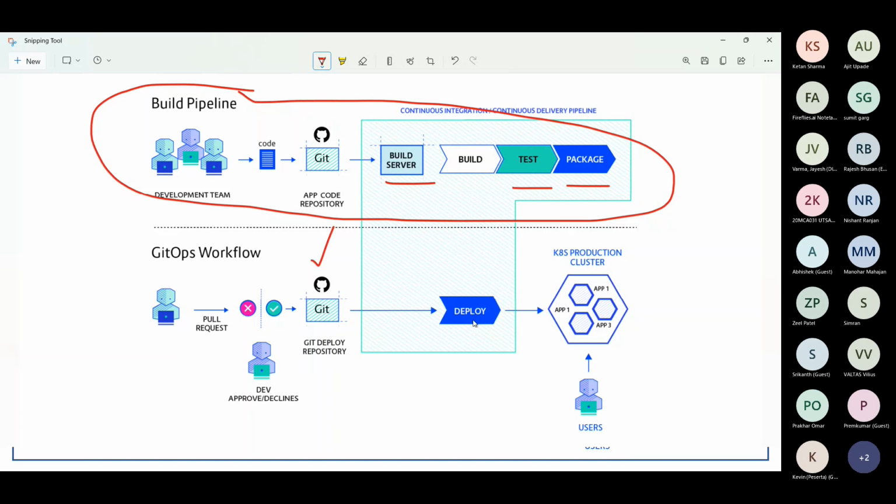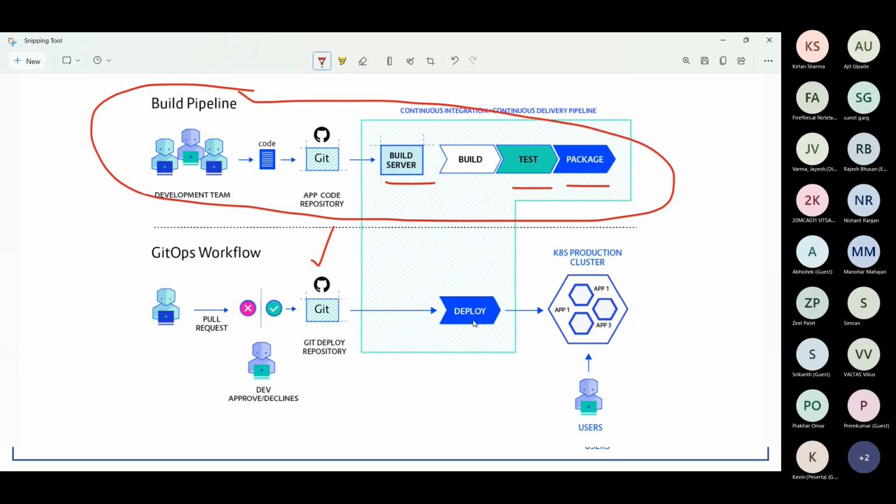With this one, you do the build, test, package, and then ultimately at last you're performing the installation using the version control system. So there is no additional tool or server involved in this case.